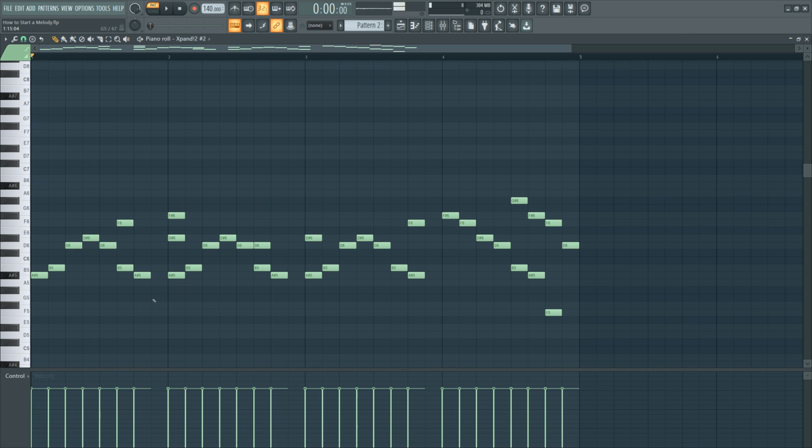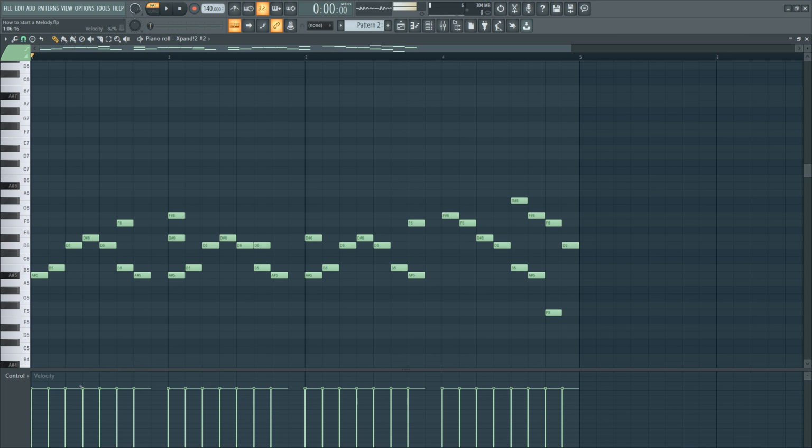Now let's work on the velocity. Again, the way I think about velocity is accent. So the way you speak: accent, high, low, accent, accent. You don't say accent. You don't go low, high on the word accent. Okay, so let's do the same thing with our melody here.